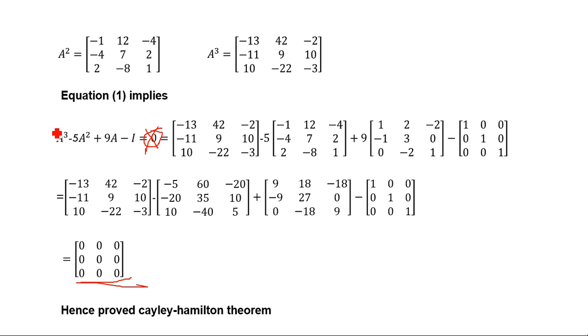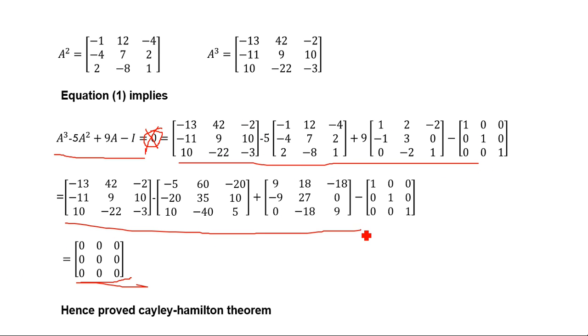Already mentioned that after writing this matrix, we have to show this matrix and then the multiplication of this. Don't multiply somewhere and then write a direct step. Don't write the direct step. You have to show this step and then do this step, and then finally we have to show 0 0 0, that means the null matrix. So finally we have to write, hence verified the Cayley-Hamilton theorem. Half of the problem is over.